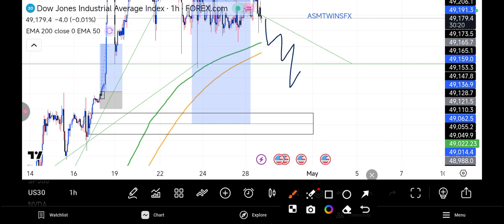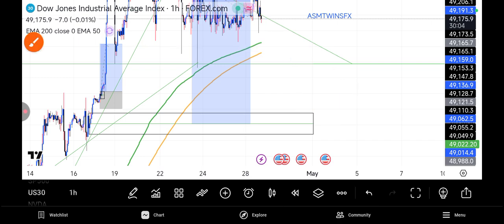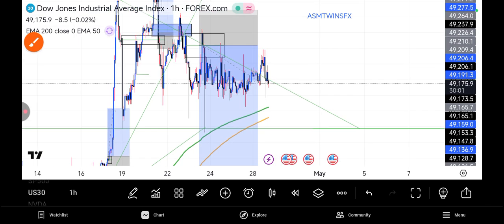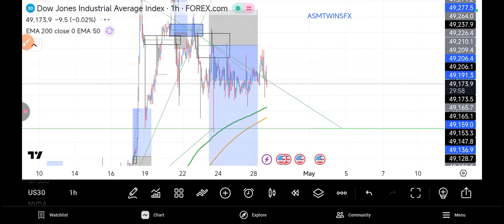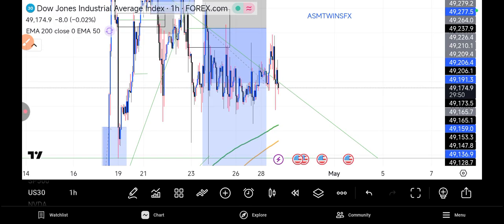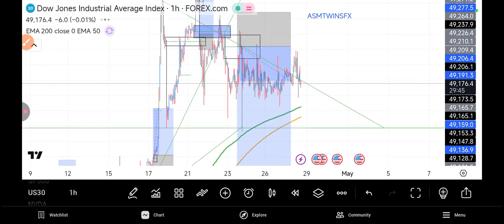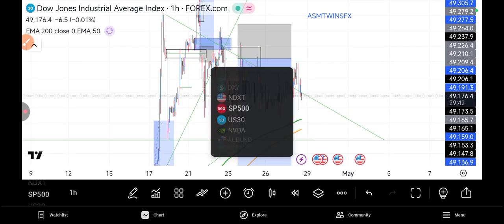Price should break and take out this liquidity. Price should come to this area, make price action in this area, whatever thing that price will give us from this area. So that's what we'll work with by next week. For this week, I'm bearish on the indices, the index market, although there was news about the Strait of Hormuz, which the Iranians have not yet opened. They've not opened the Strait of Hormuz very clearly, but if that should happen, remember the indices will move to the upside. Let's look at our S&P 500.